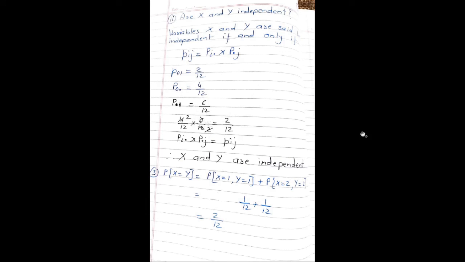Now the second part of the problem: are x and y independent? We will check whether x and y are independent or not. Variables x and y are said to be independent if and only if Pij is equal to Pi dot into P dot j. Now P01 is equal to 2 by 12, P0 dot is equal to 4 by 12, and P dot 1 is equal to 6 by 12. So we will check